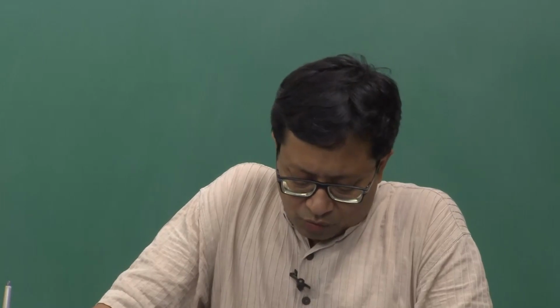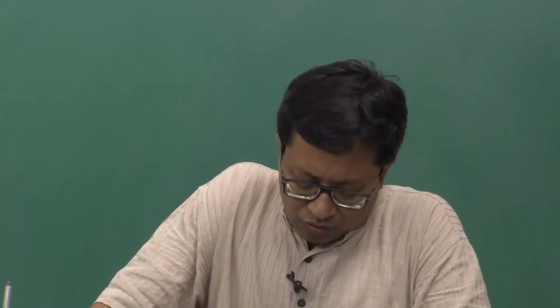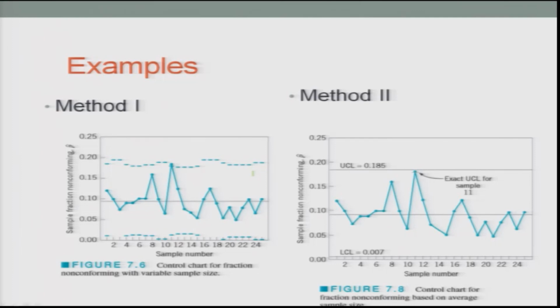So, for the problem which we just discussed, the sample fractions non-conforming are given by p hat, which is the best estimate for p, as I told, and the sample numbers are given along the x axis: 1, 2, 3, 4, and so on till the 25th one. When you chart it, the values are given as the diagram here. I will try to utilize the green one, where I am highlighting, this is basically the chart which gives you the control charts for the fraction non-conforming